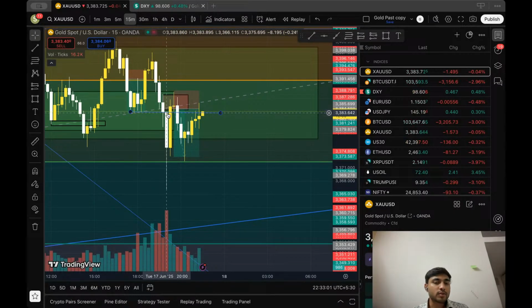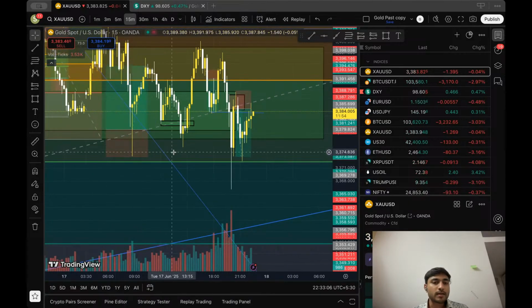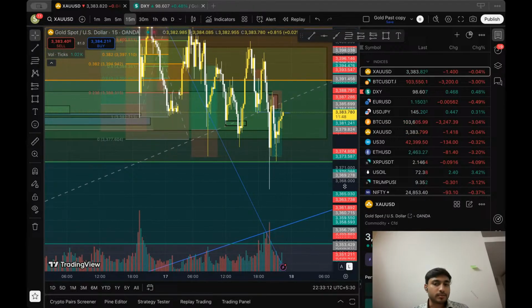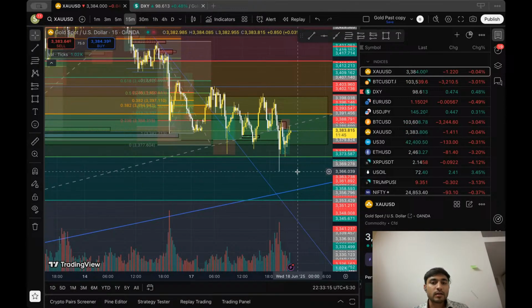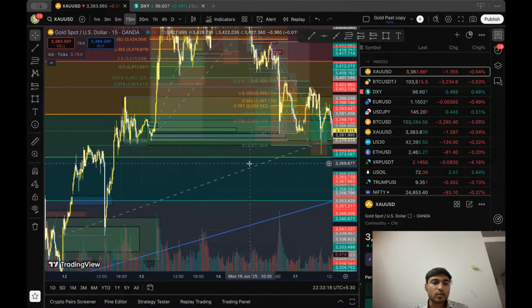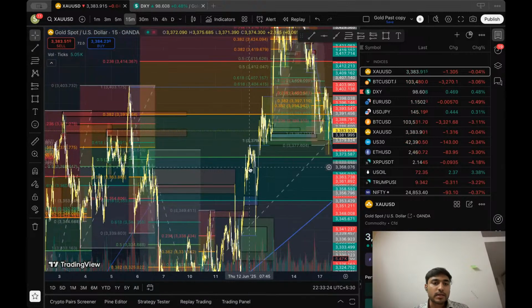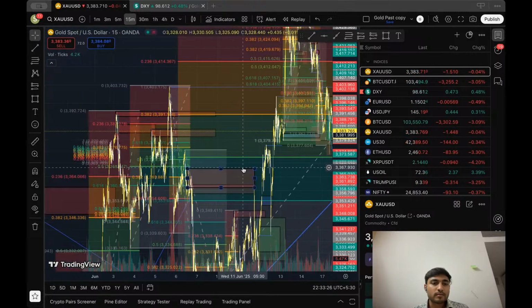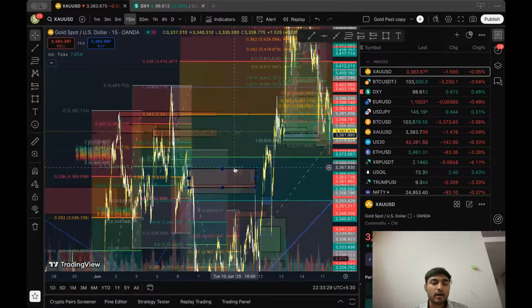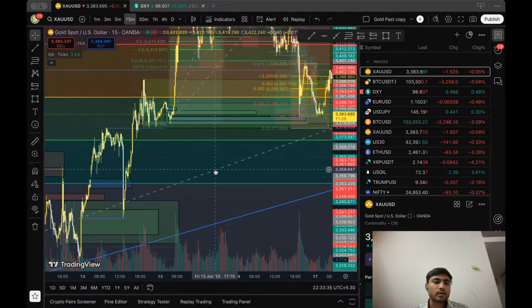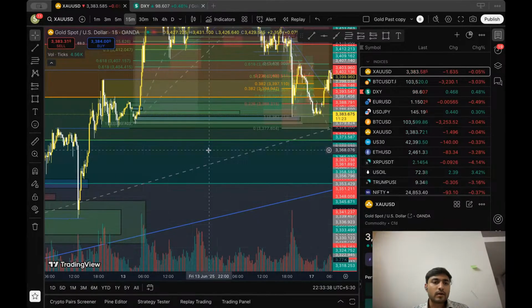But because of DXY increasing enormously, we have this candle which took liquidity at these levels. This liquidity got taken, and more importantly, I was checking the charts, and 366, there is no important level at 366. If you go back, what is 366 at? 366 doesn't have more significance. But why did we have a move from there? Why did we have a move from there if it's not that significant at all?